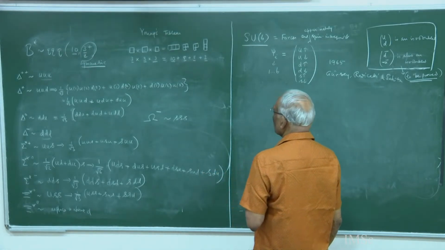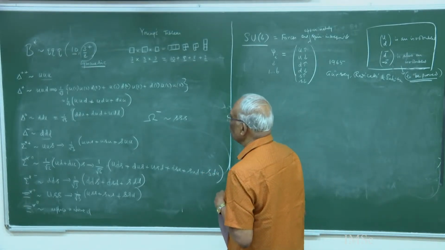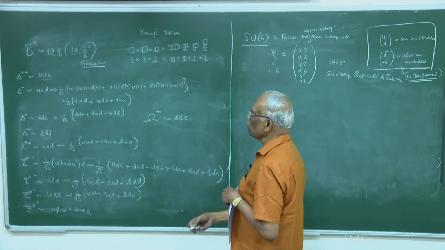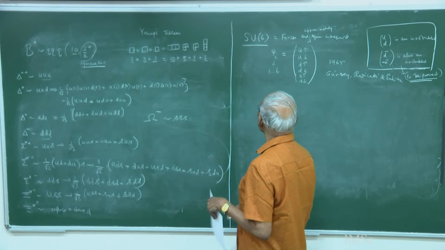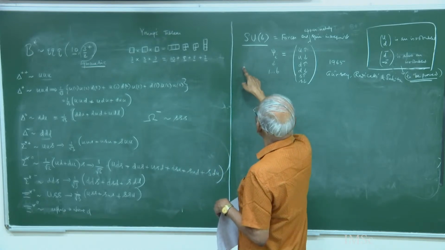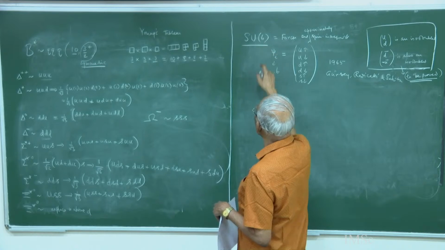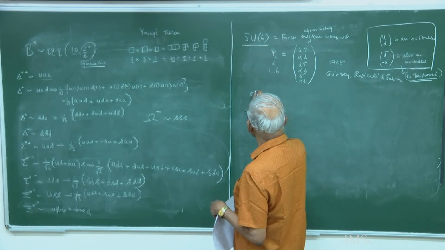So, under SU6 we have to classify the particles. We have classified the particles first with isospin, then with SU3, like either octet or decimet. But now I am going to talk about the multiplet of SU6. We have to think of a 56-dimensional multiplet,